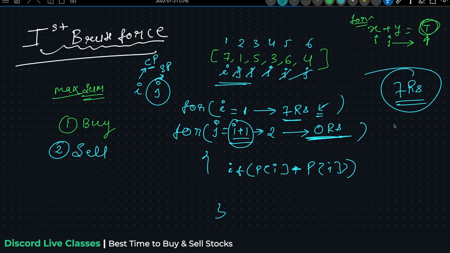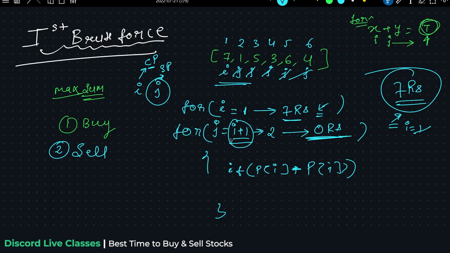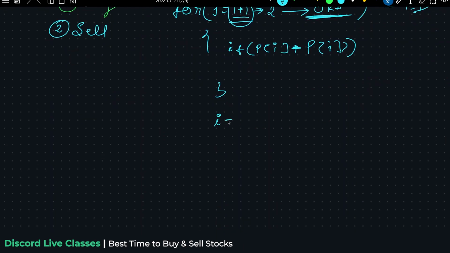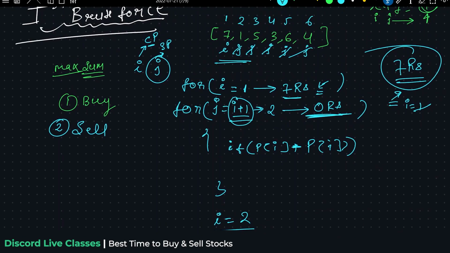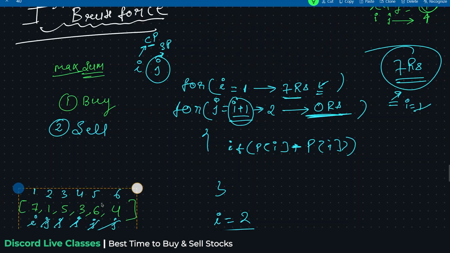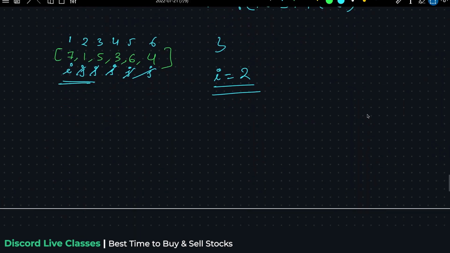So what we will be doing, we will not be considering I is equals to 1. Now increment the I value from 1 to 2. I value becomes 2. Let me quickly move this particular part here. Cool. Now I is equals to 2. On the second day, how much profit am I getting? Tell me. On the second day, what is the price of the particular stock? That is 1 rupee.